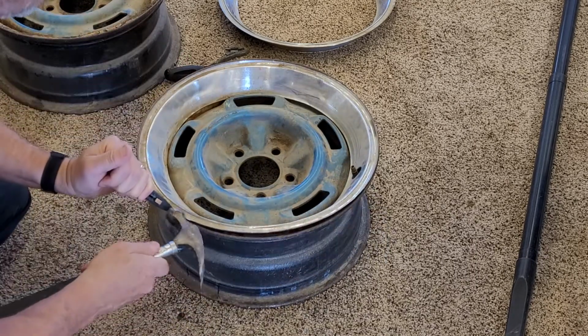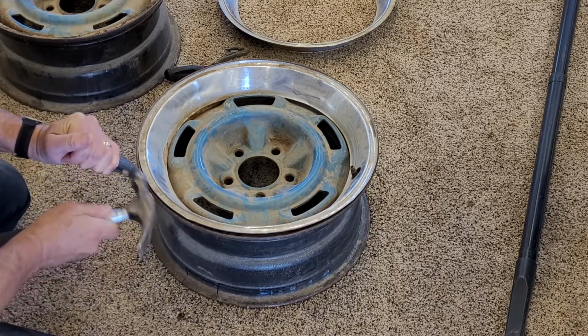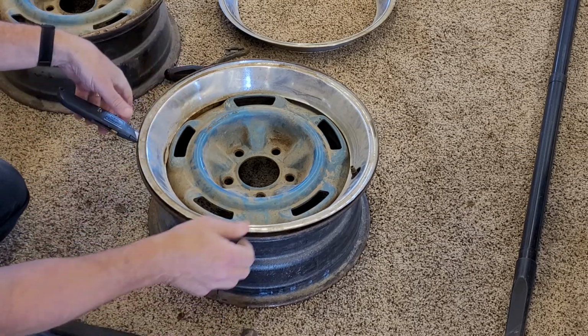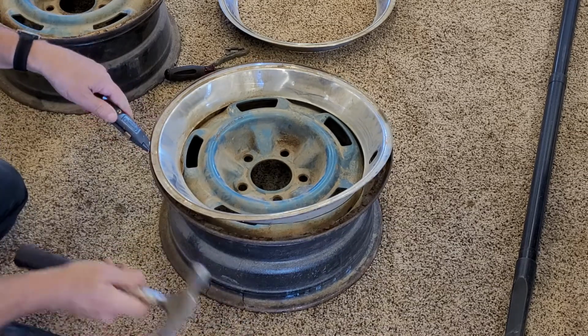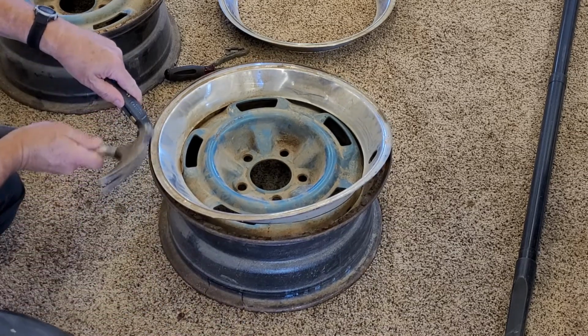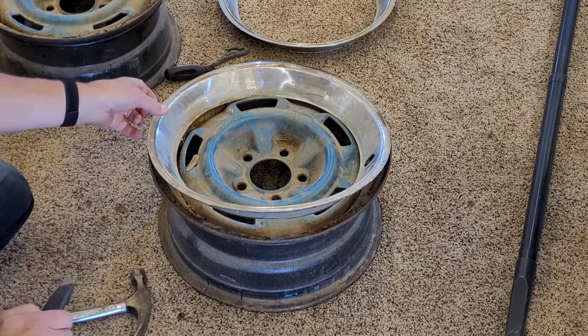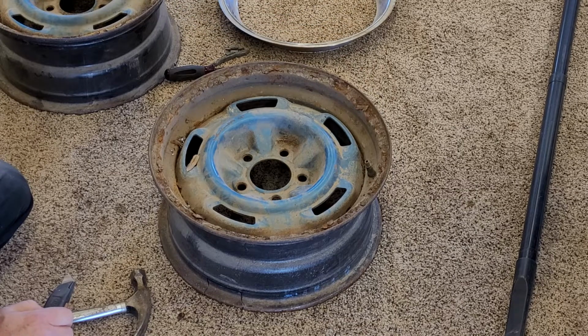Making great progress here. And really, I don't think I'm having any impact at all. Yeah, it's just coming out easy now. I'll go a little bit further. There you go. So that's my experience taking out a couple trim rings, and yep, you can see underneath it's